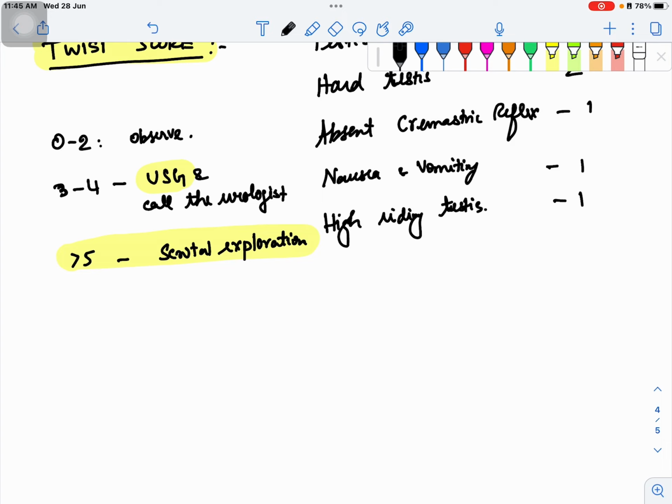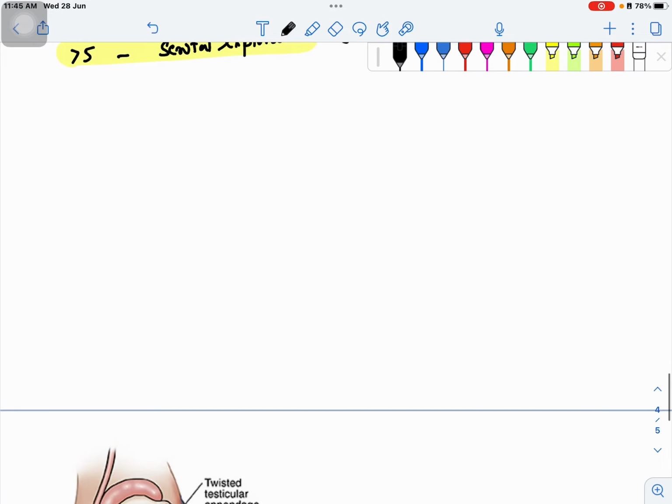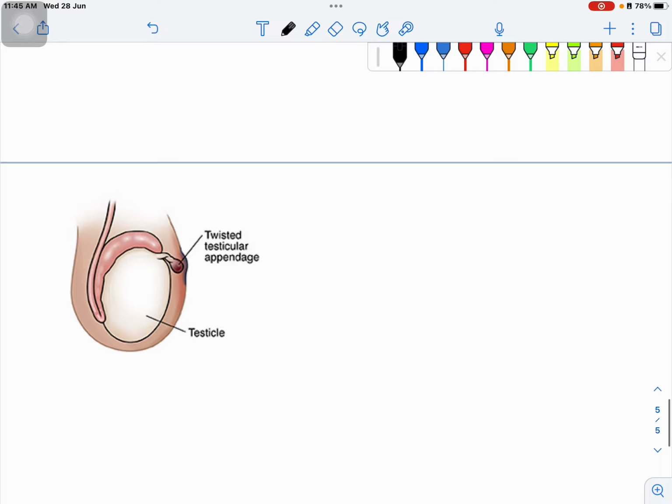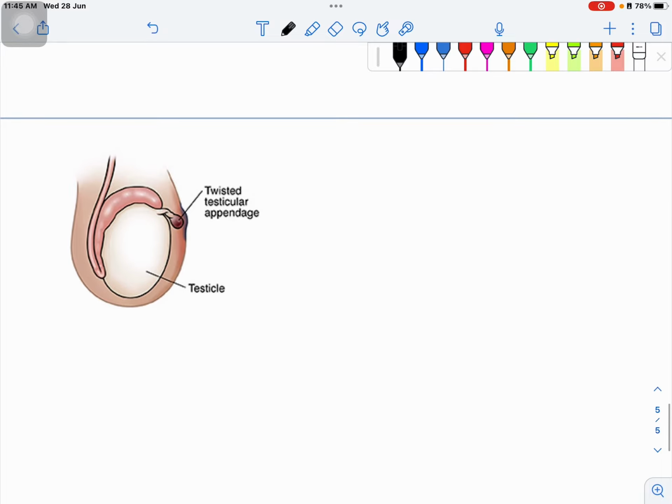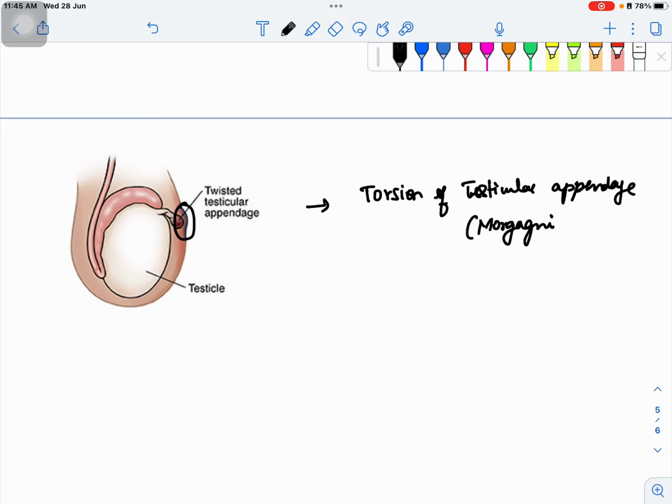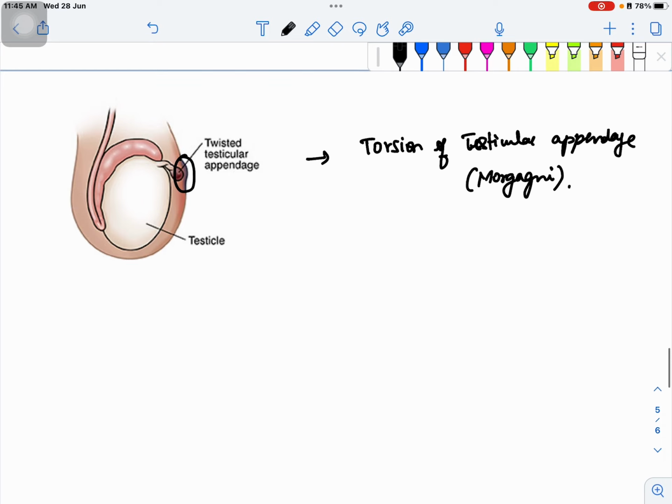There is one new question being asked nowadays. That question is the presence of similar features of testicular torsion, but with a blue dot in the scrotum. This is known as torsion of the testicular appendages, or the appendix of Morgagni. So this sums up these two clinical scenarios, the layers of scrotum